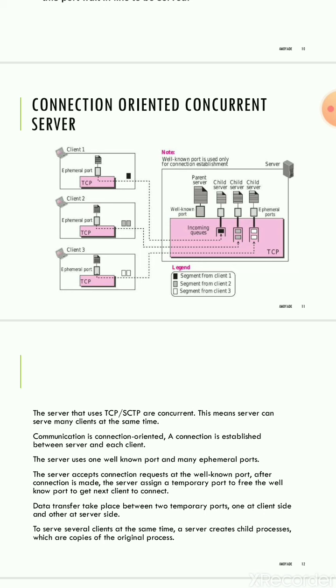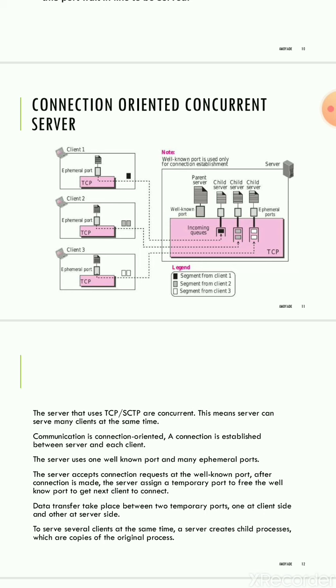This type of server cannot use one port, because each connection needs a port and many connections may be open at the same time. So many ports are needed, but the server can use only one well-known port number. I already discussed that. The solution is one well-known port number and many ephemeral ports. The server accepts the request at the well-known port number, and the client makes its initial approach to this port to make the connection.